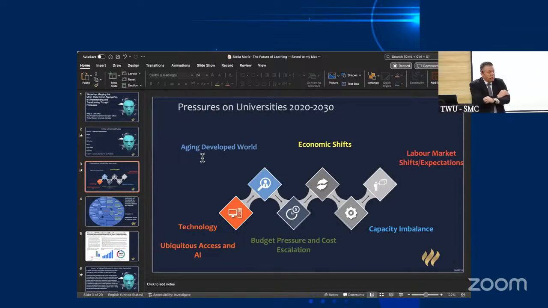The last is labor market shifts and expectations. Not only do we have influences, but the expectations of our university graduates and their parents. The kinds of jobs the students are going to get, the kinds of people they're going to marry. Your age and maybe a little bit older than you has lots of pressure. I don't know if you feel it. Pressure, right? Get the right job, get the right education, find the right husband, get the right house, have the right kids, they get the good education. Massive pressure and massive expectations, right? And expectation pressure pushes onto universities. How do we satisfy those needs in a market that has these high expectations?